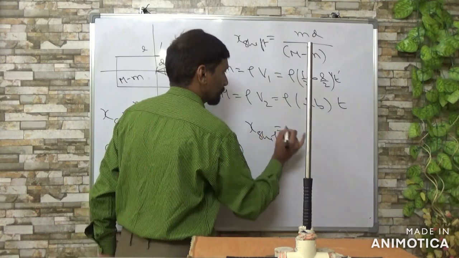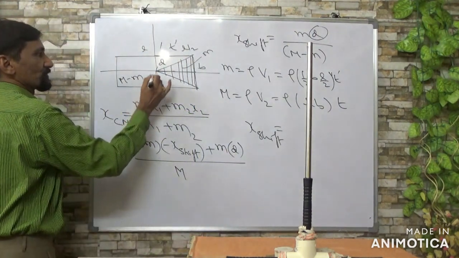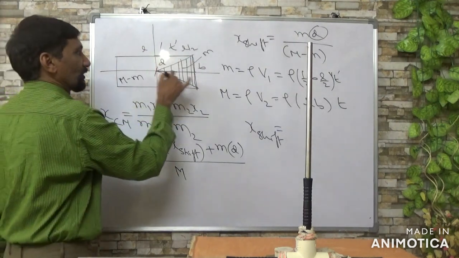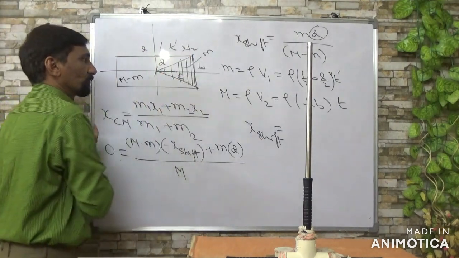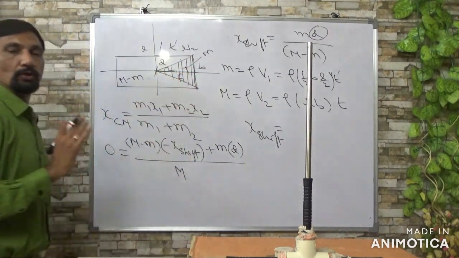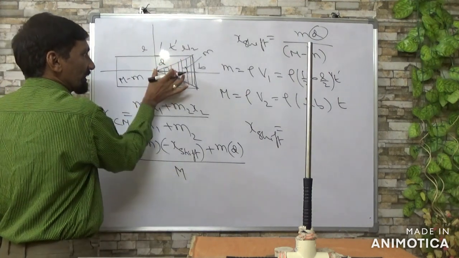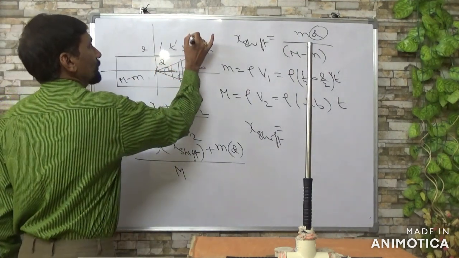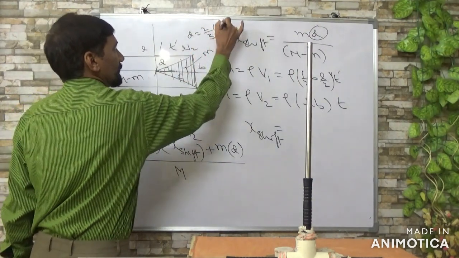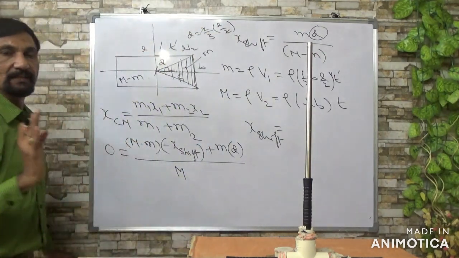That is, x shift is equal to, now about the distance, you should find the distance from center to center of the cut one. You know the center of the triangle is the centroid, and the centroid divides the altitude in the ratio 2:1. That means total 3 parts, so 2/3 part is this distance. So D equals 2/3 part of length, L by 2 cancelled. So D is L by 3.